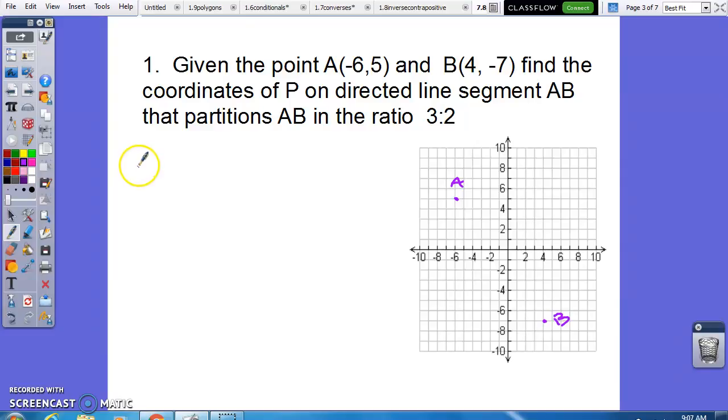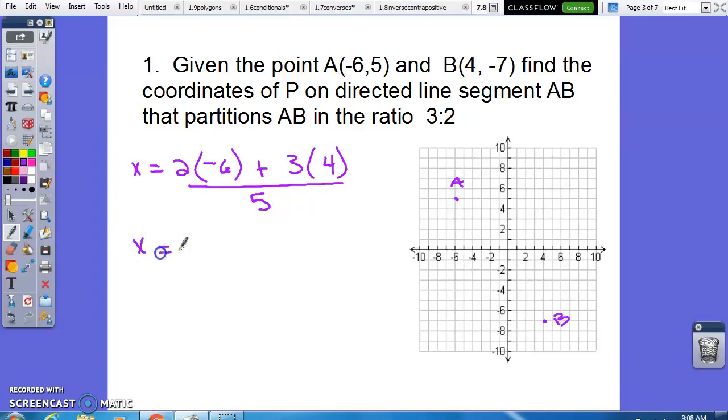So I'm going to take this to find the x value. I'm going to take the second number in the ratio times my first x plus the first number in the ratio times my second x, and that divided by 5, because that's what that total is. It won't always be 5. So to calculate that out, the x is going to be -12 plus 12 over 5, which gives us 0. Then for the y,